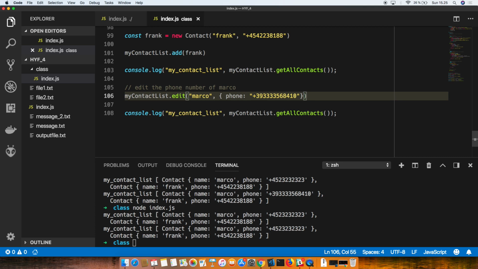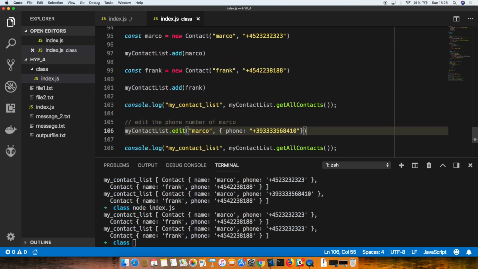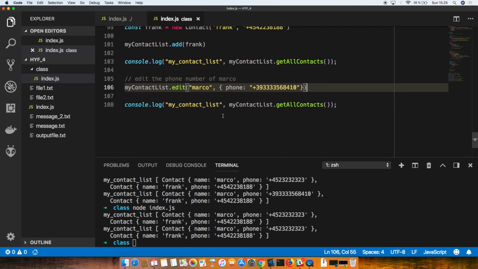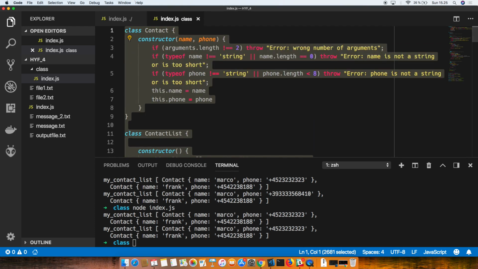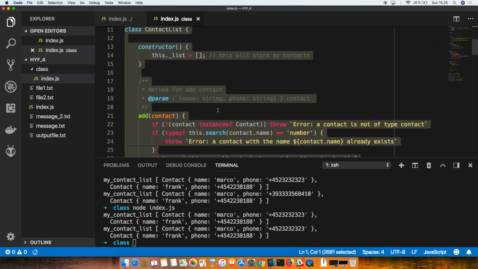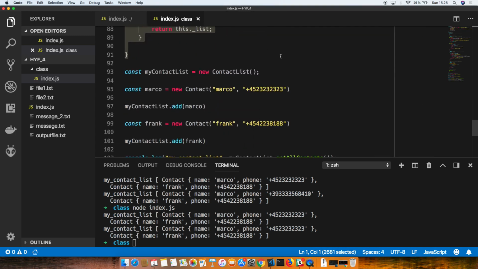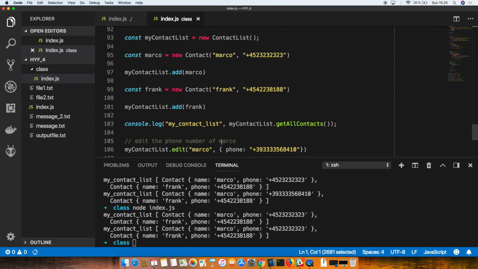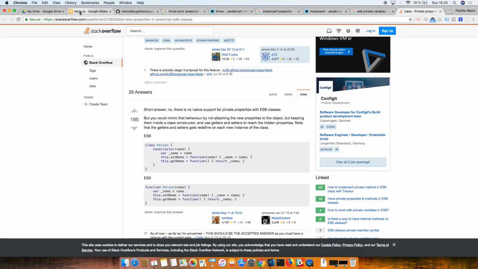Okay, so now we want to... You can see our software is growing, right? Now we are at around 100 lines, and we would like to reuse this code because it is quite generic. The contact list is basically generic code, and this is actually my code. So I would like to make this into a module. Modules are good to reuse your code. And if you go back to the slides,